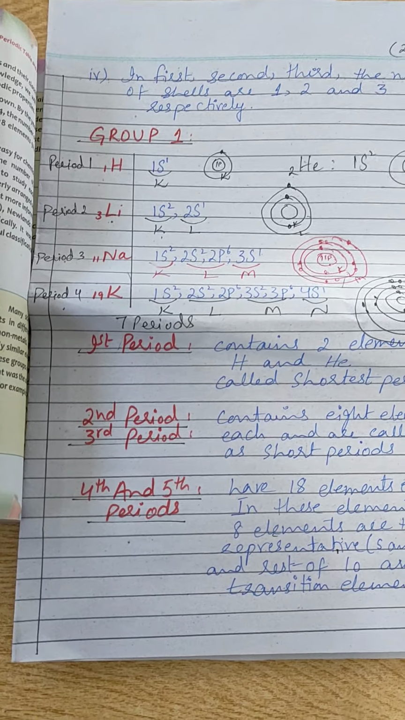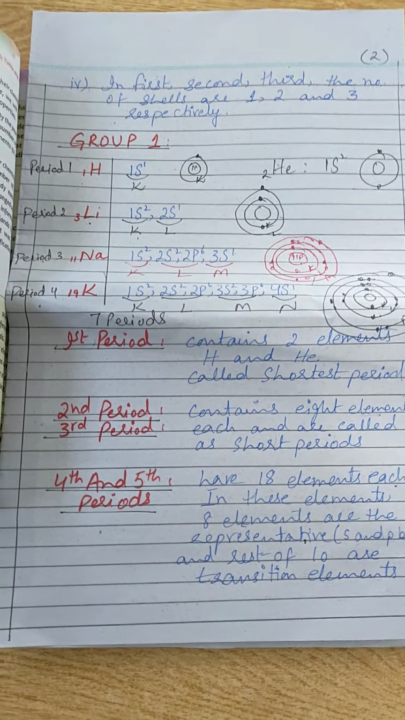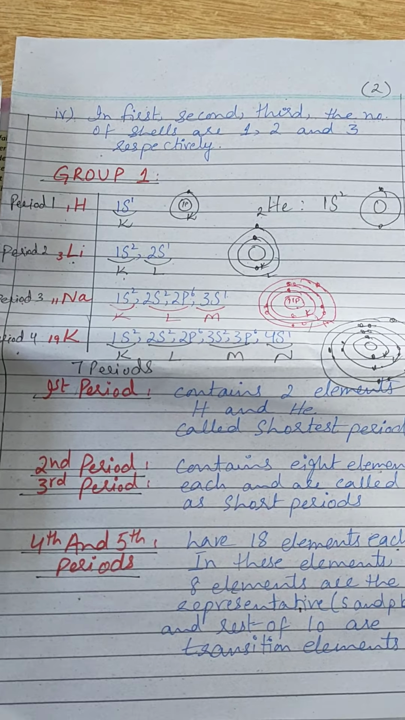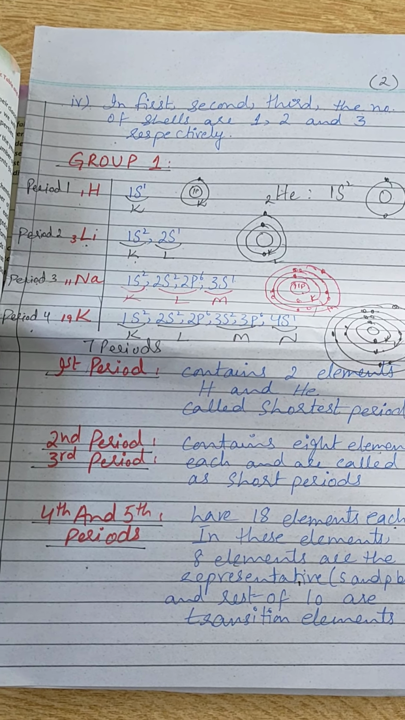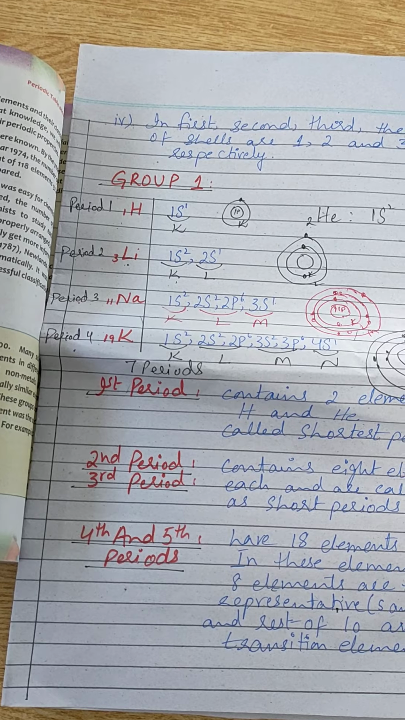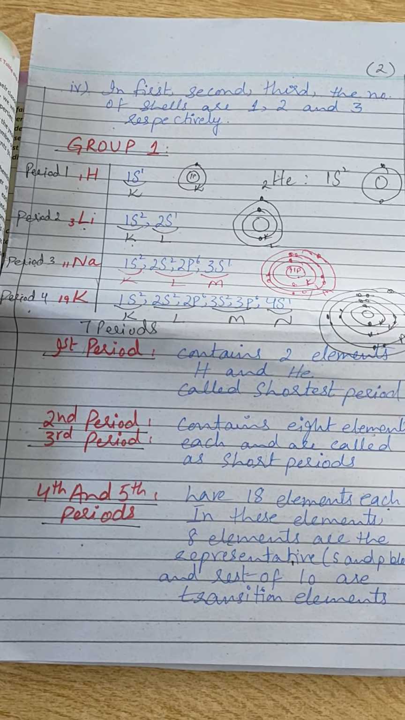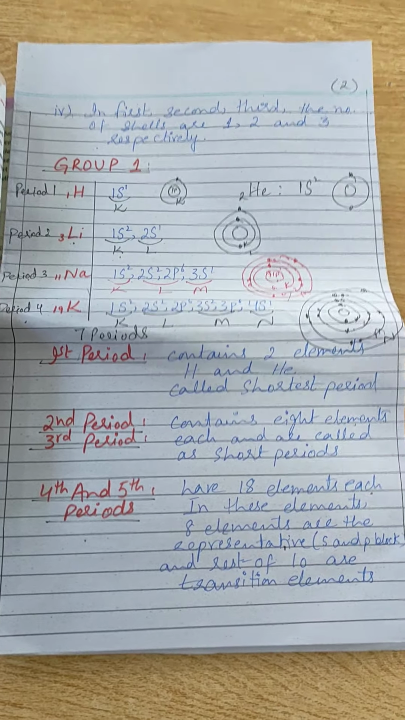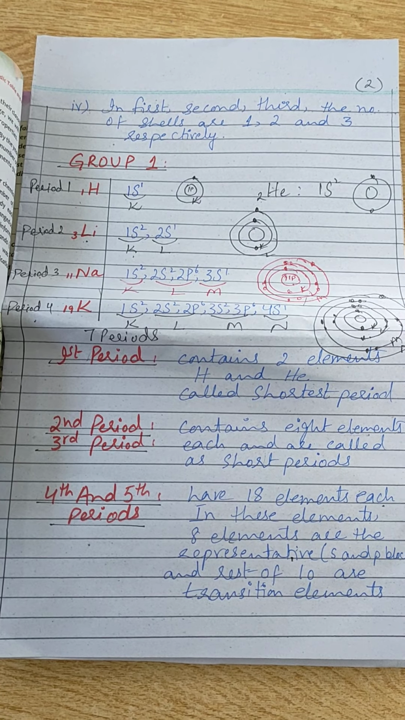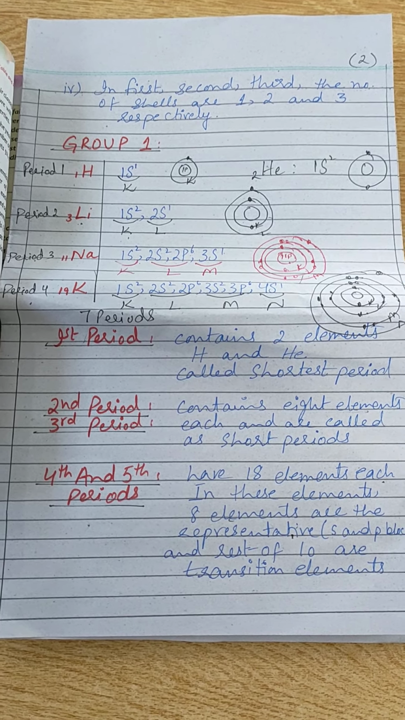What are the representative elements? Representative elements are the S and P block elements, meaning their electronic configuration ends at the S and P orbital, while the rest of the 10 elements are the transition elements. Transition elements are placed in the center of the periodic table and can be represented by the symbol